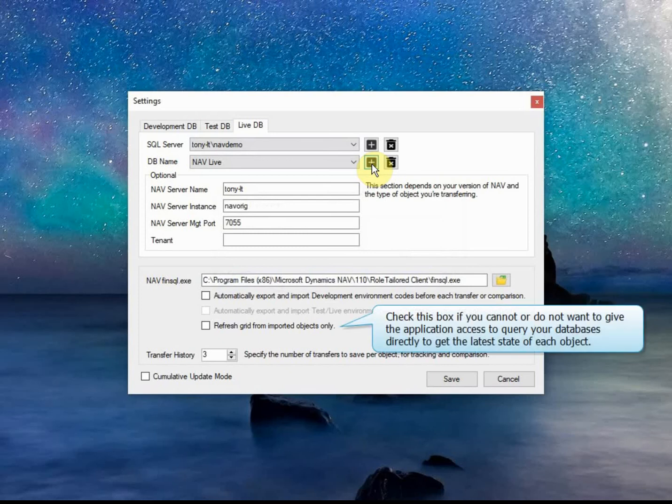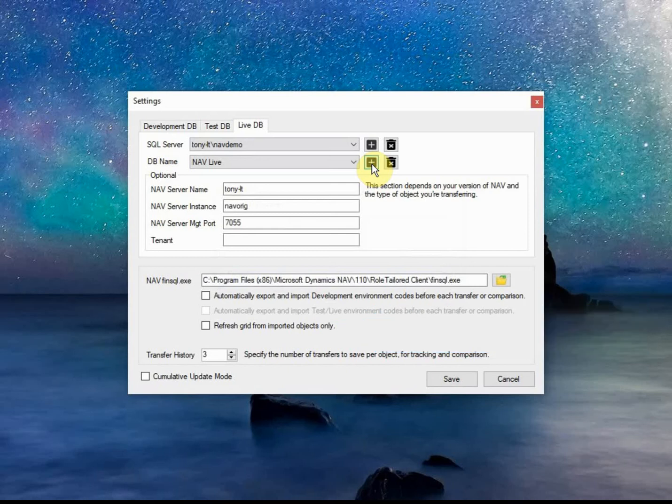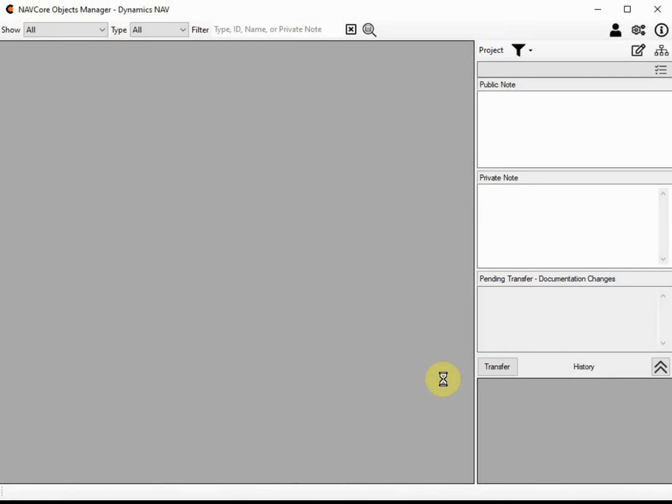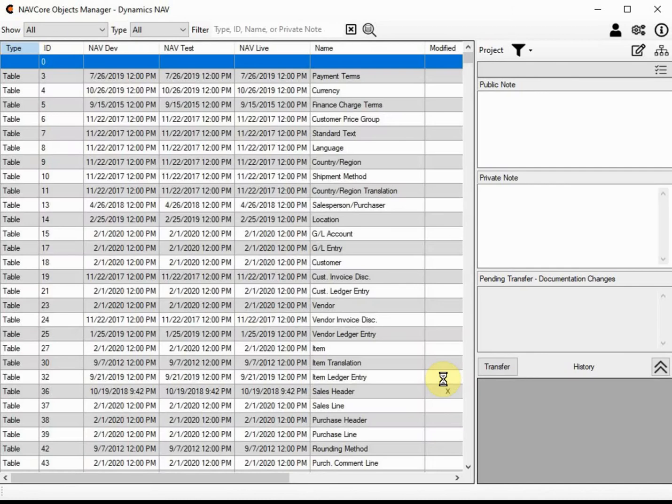Without the authentication settings, you will need to refresh the grid from imported objects only. This means that you must export your object code and import it regularly to get up-to-date information on the state of your databases. Normally, this should just be the development database, for you should not be modifying code directly in your test or live environments.